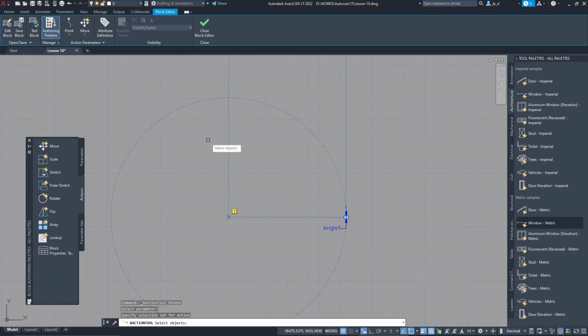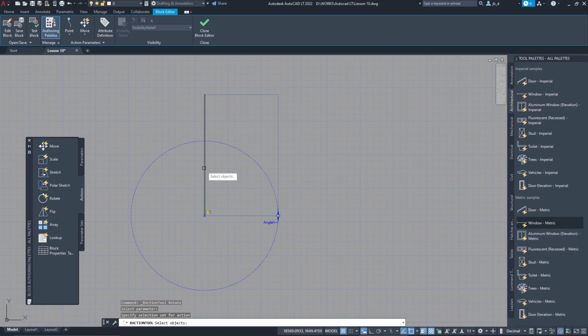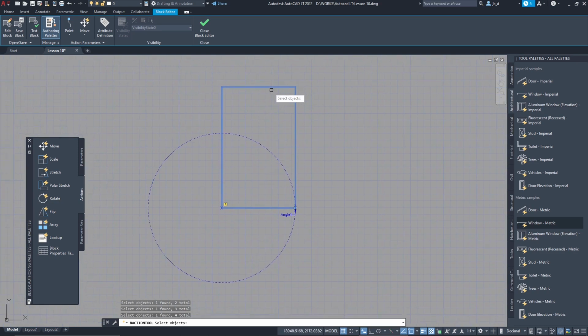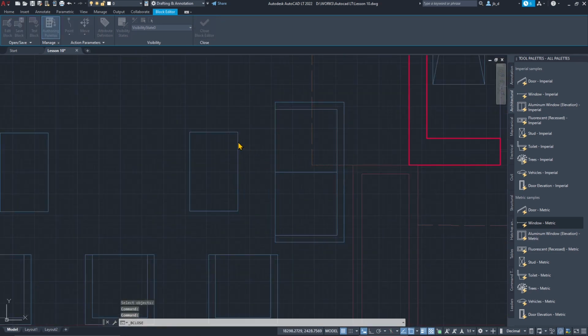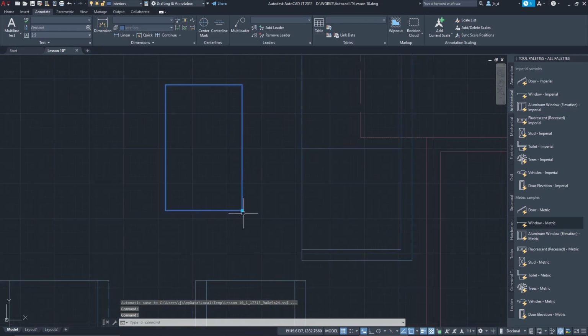So I'm gonna click on that, and the object that I need to rotate, so they will be affected by this action. So select objects, press enter, and that's it. Now let's close the block editor, save the changes. Let's go back in the drawing, and here's our first grip that we've just created and customized. So if I click there, I can either rotate from that